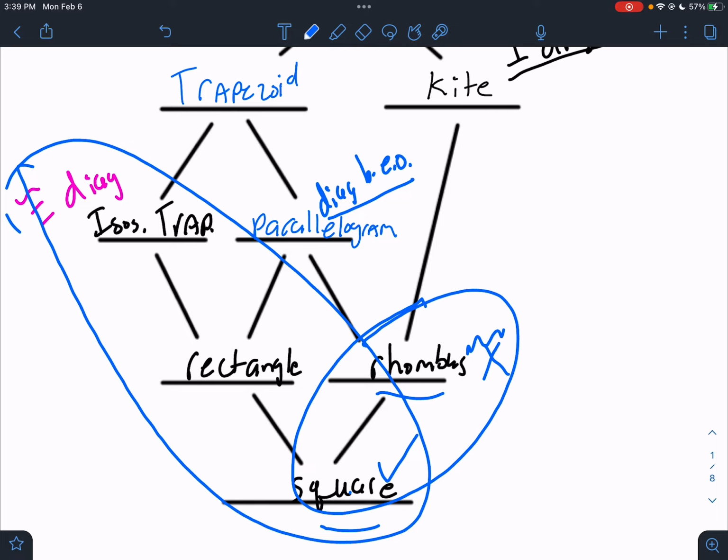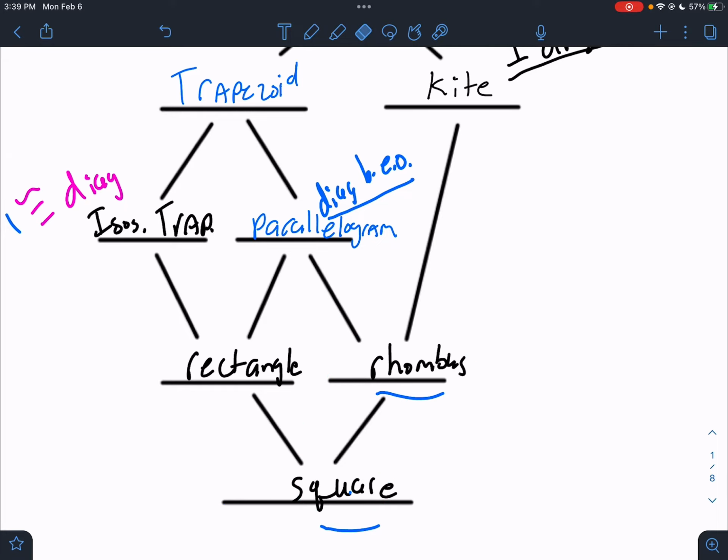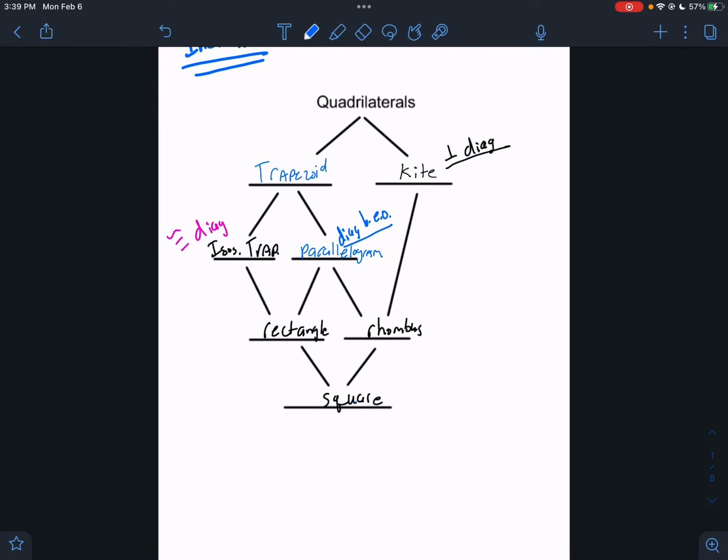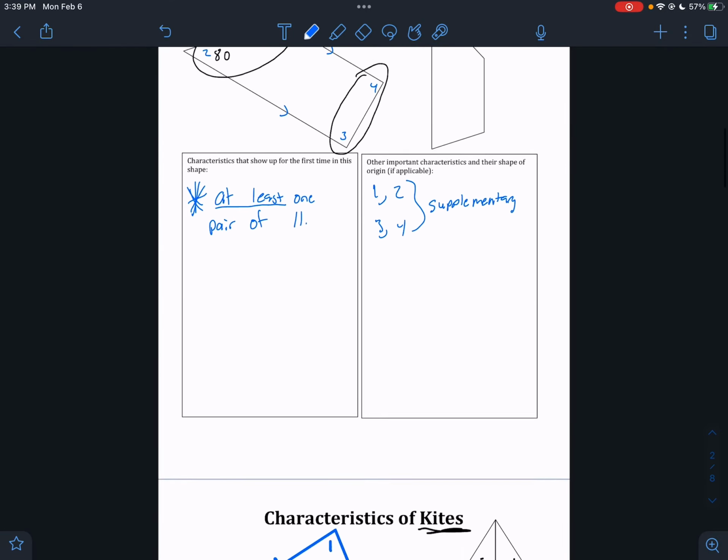So my next question is, does a rhombus ever have congruent diagonals? And the answer is yes. A square is a rhombus that has congruent diagonals. So sometimes, always, or never, a rhombus has congruent diagonals. The answer is sometimes. When? When it's a square. All right,